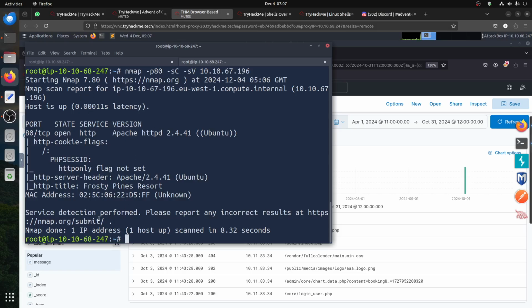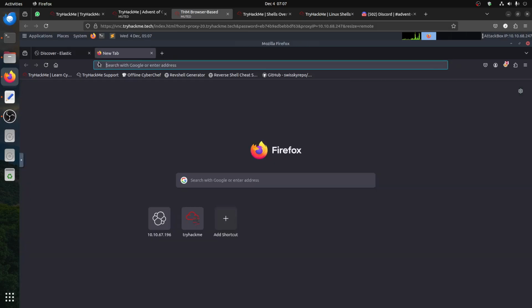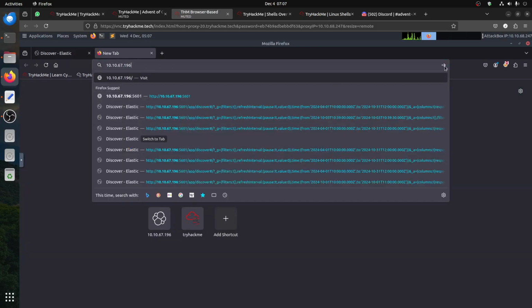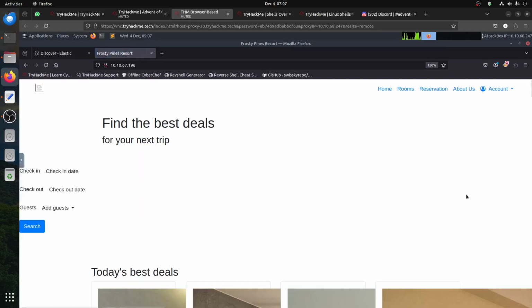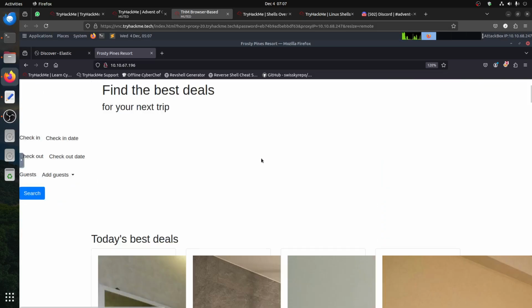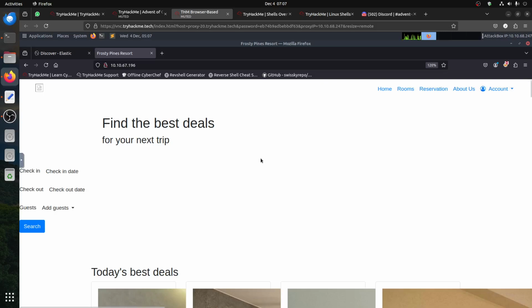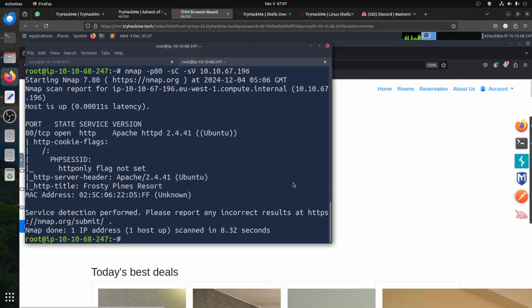It tells us Frosty Pine, and the Apache flag is not set. If I go now to that IP, usually because it's port 80, and go straight there, it says Frosty, but you can see it's messed up. The reason is that Apache uses a domain, not an IP, because of the specific way the room was configured. So that's why you need